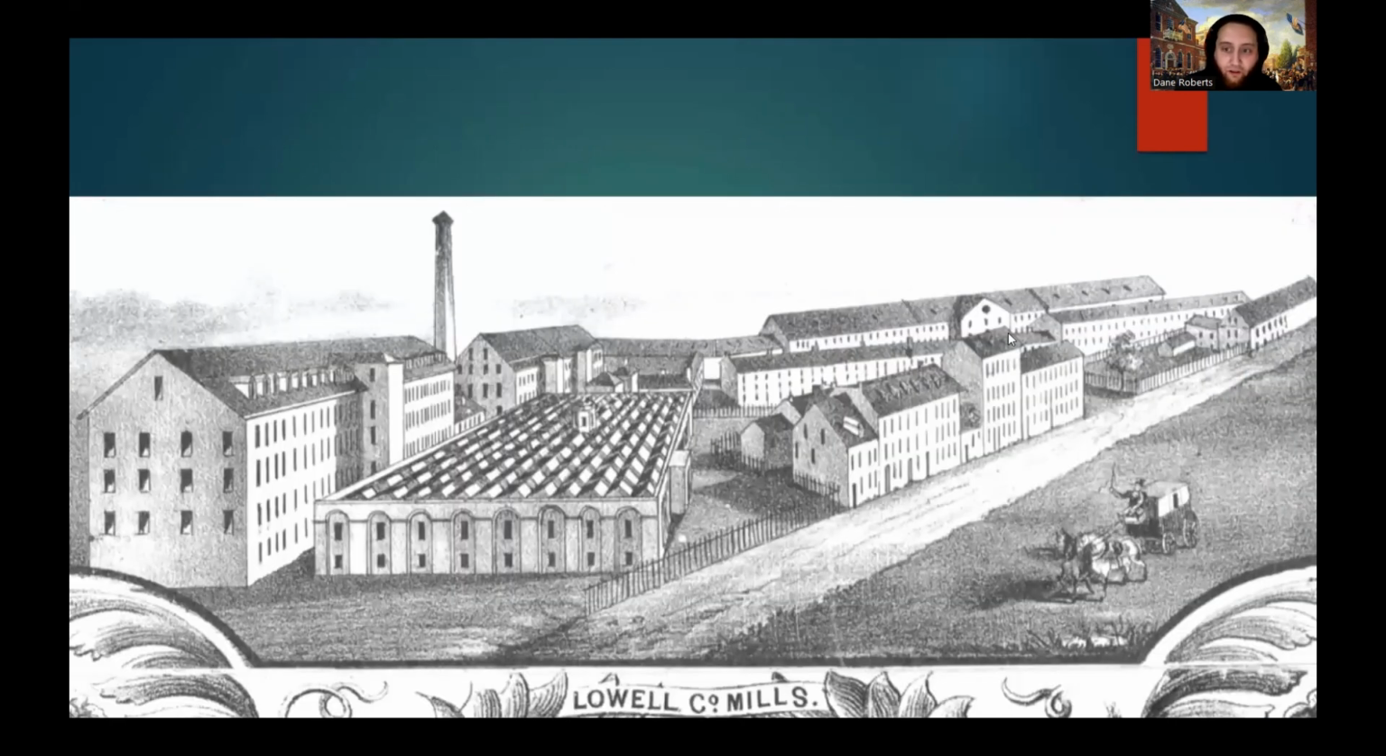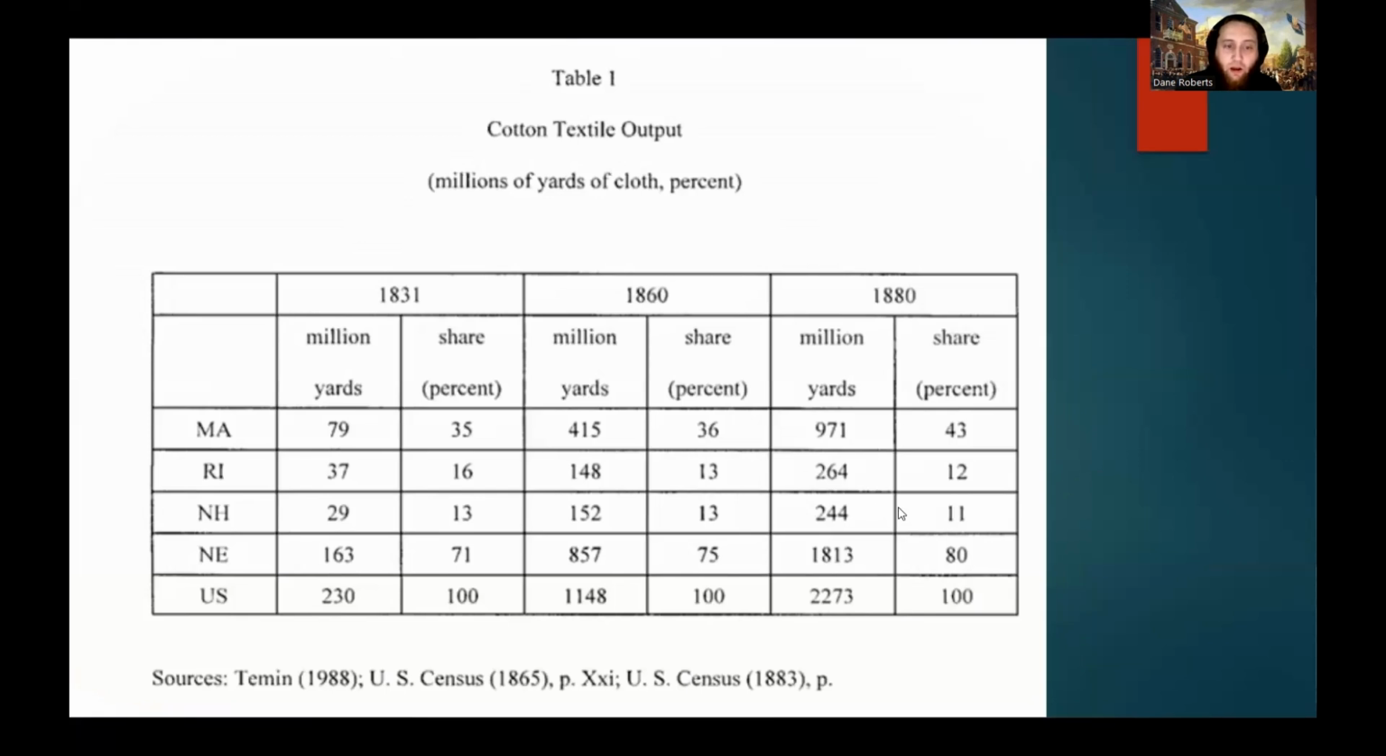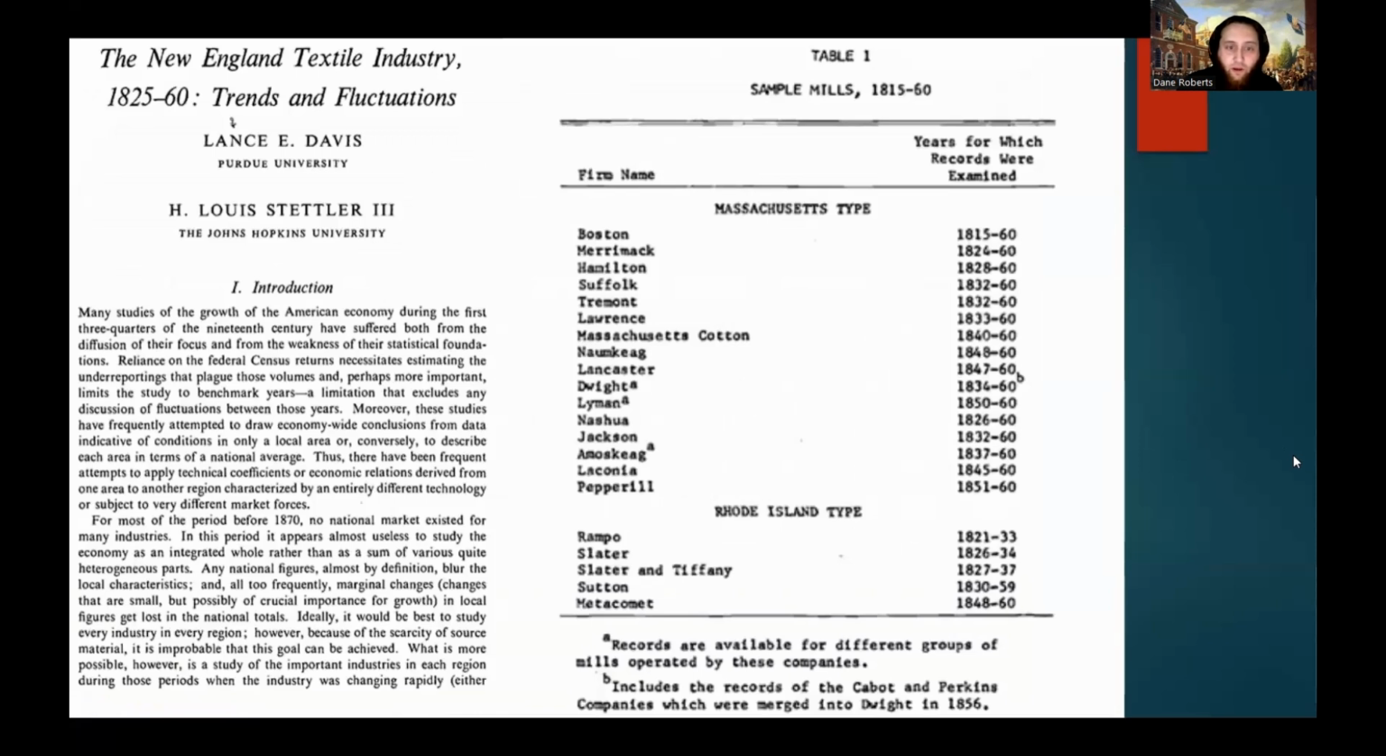oftentimes textile and cotton factories, as seen here in the Lowell cotton mills and this cotton mill here. And this is a graph showing the textile output of cotton in northern states in the 1830s. And this is also a subject discussed in